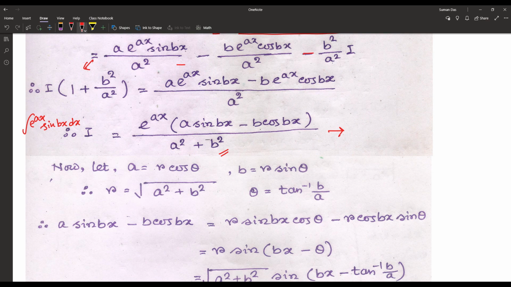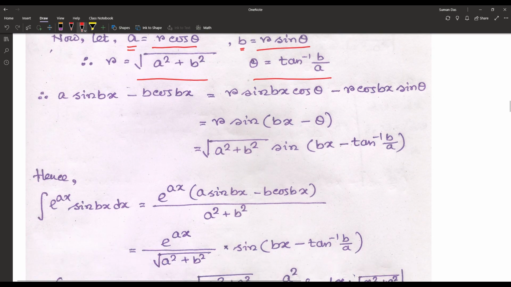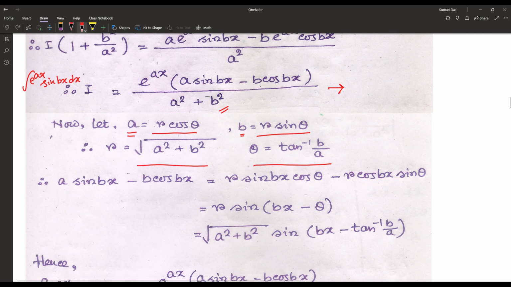Now for the second option, in the same way we have taken a equals r cos theta and b equals r sin theta as previously. So r is equal to the square root of a squared plus b squared, and theta is tan inverse b by a. Already we have shown how we can find the r and theta values previously. So just using the numerator of that one, that means a sin bx minus b cos bx. So putting the value of a, that is r cos theta, and the value of b, that is r